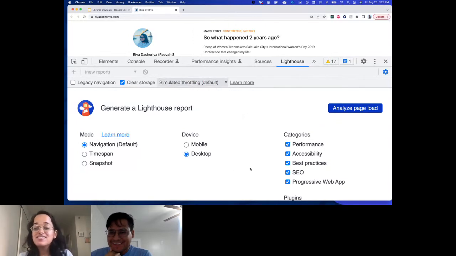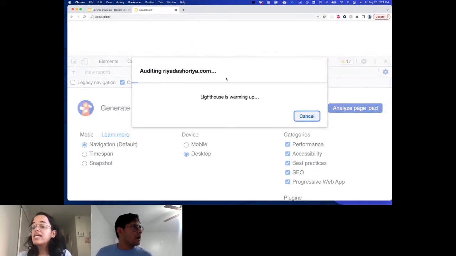Okay, and so this is where I want to try the same navigation default. I want to try the desktop, how my website does on desktop, and I want to test actually all the performance, accessibility, best practice, SEO, and progressive. So after that, I'm going to click on Analyze Page Load, which will take a couple of seconds to actually